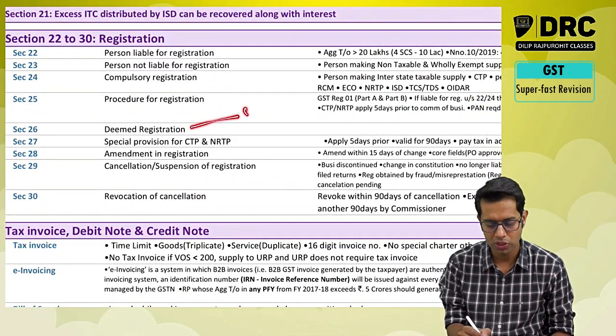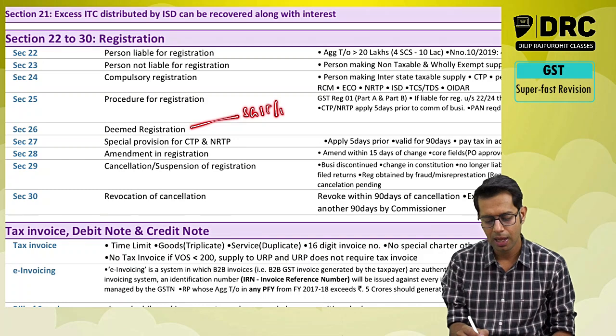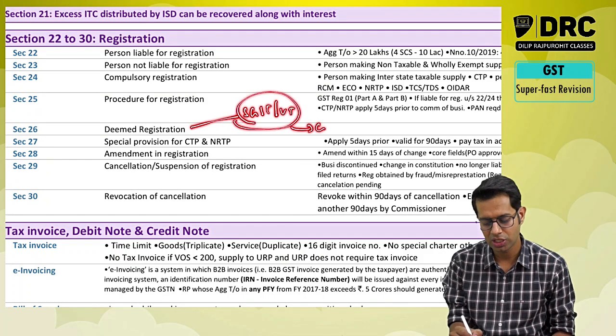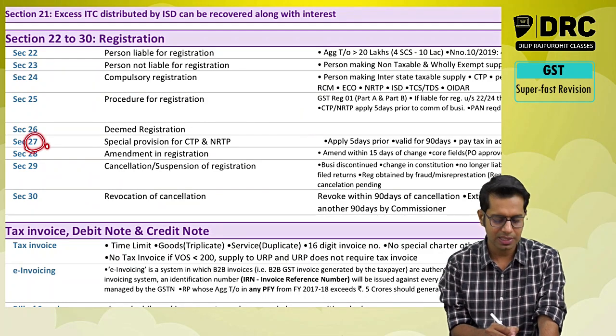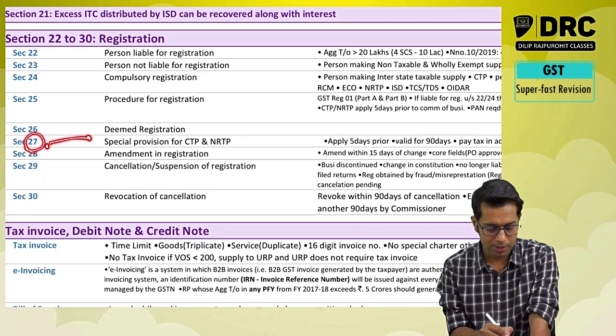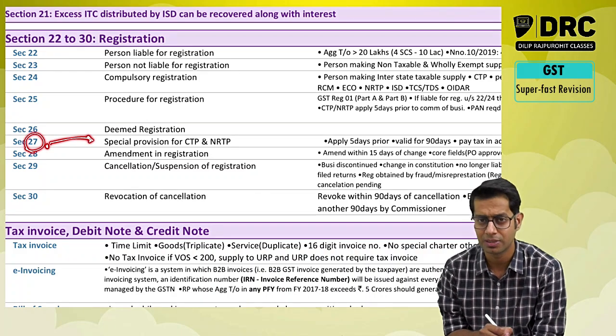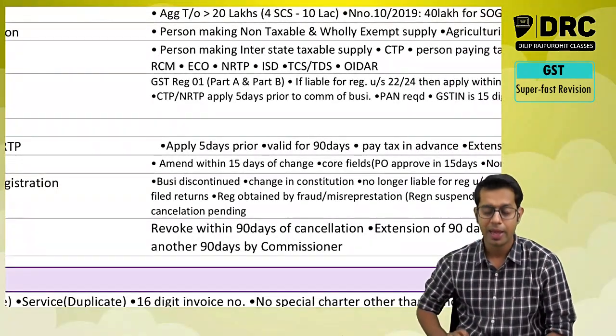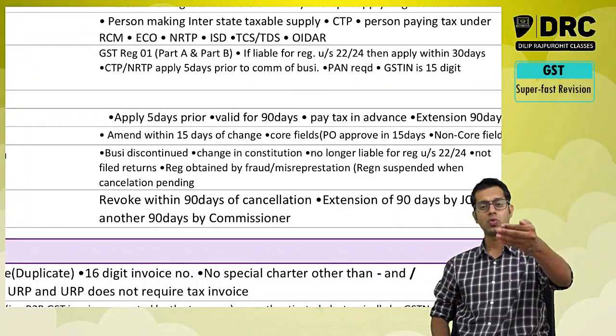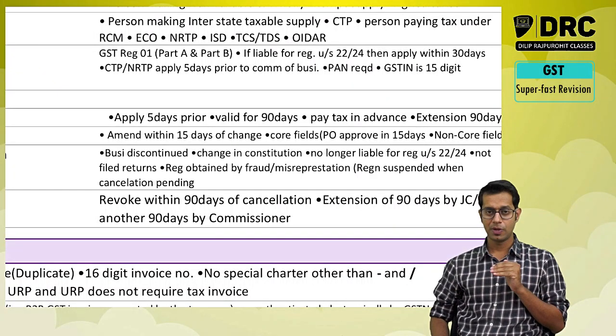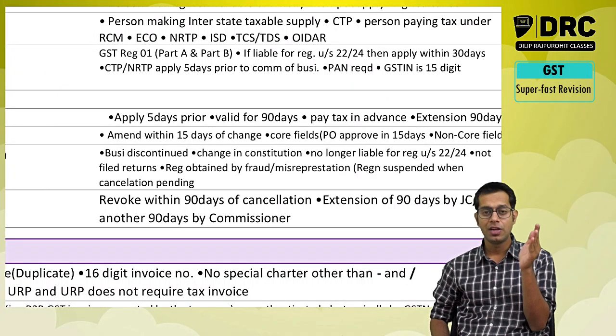If you are a person who is registered under the SGST Act or UTGST Act, then it is deemed that you are registered under the CGST Act also. Section 27 talks about special provisions applicable to a casual taxable person and non-resident taxable person. They are required to take registration 5 days prior to commencement of business. His registration will be valid for a number of days